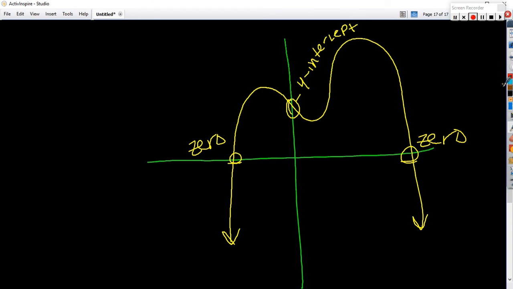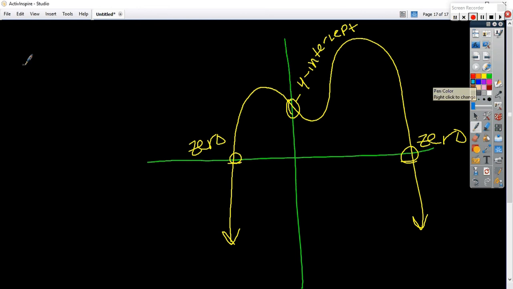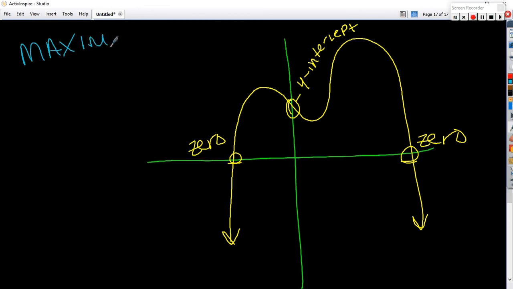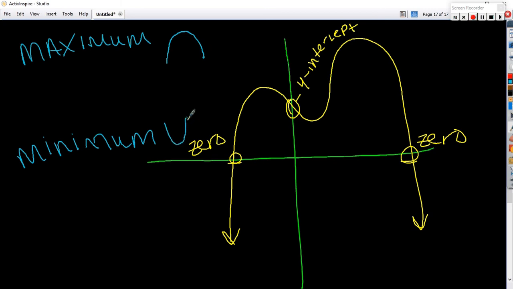We also have maxes and mins. Maximum versus minimum. These are sometimes called turning points. Maximums happen anytime you have something that looks like this, where it was going up, and then it stopped going up and started going down. That happens as a maximum. It has a high point there. It's not necessarily the highest point on the entire graph, but it's a high point in that particular area. And same thing with a minimum. Okay? Now,